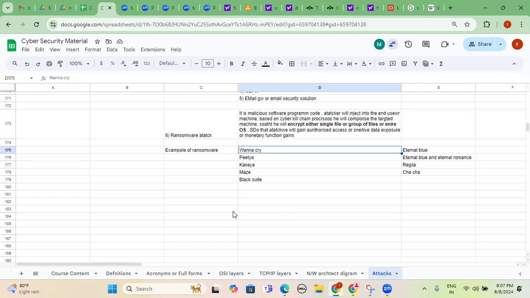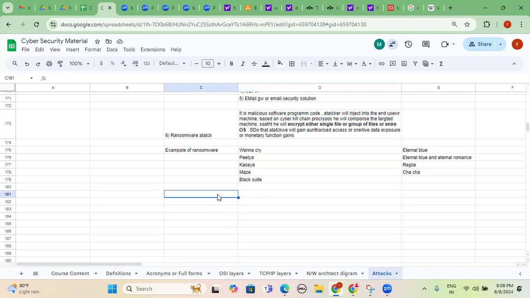In that scenario, if you don't take regular backups, we have to pay money. There is no option. First, we have to identify the criticality of the data that got encrypted. Sorry, what if we don't get the data after paying the amount?